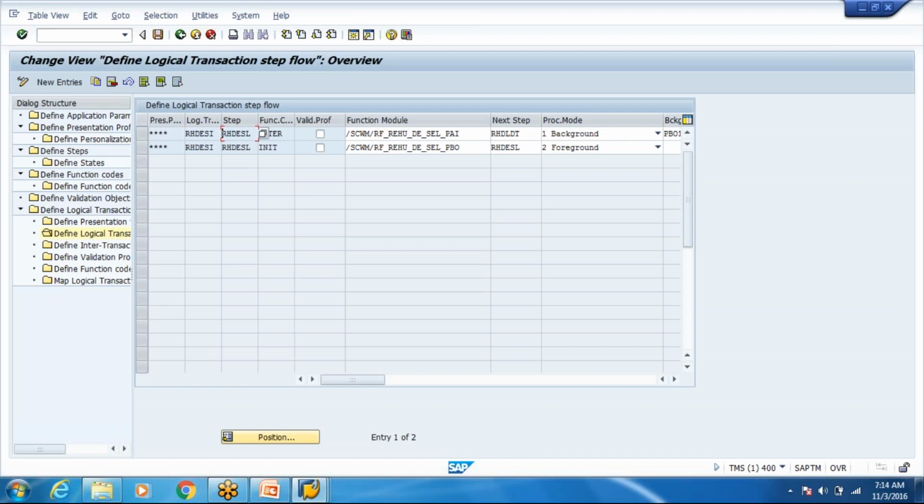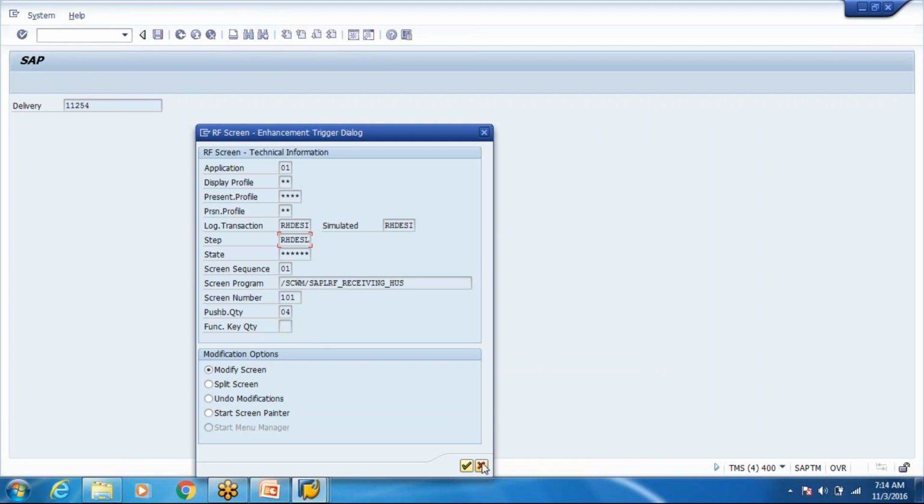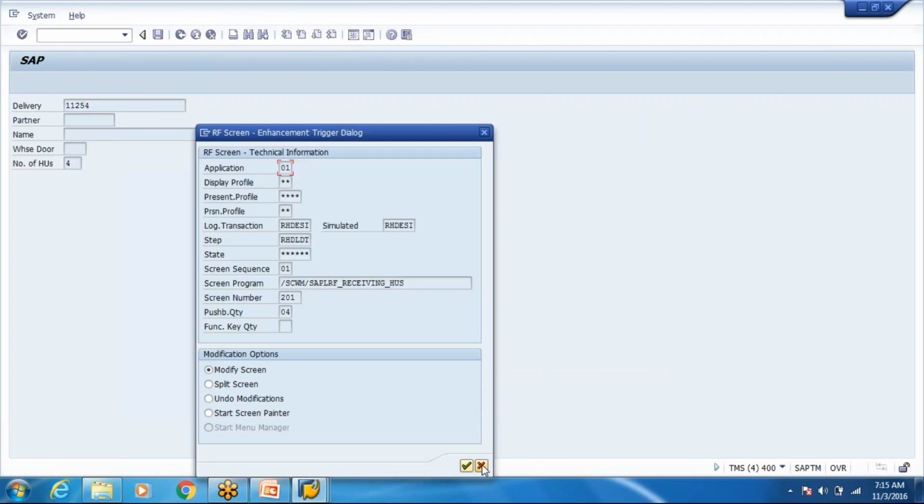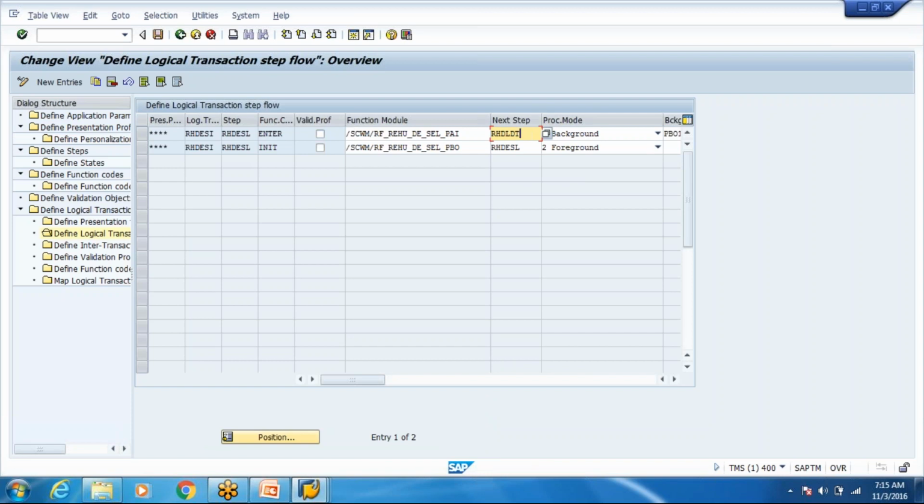Then in DESL you enter, it executes this function module, and then it goes to the next step if you press enter. If you see the next step, this is the next step because I pressed enter, RHDHDT. In that next step there will be a function module again, and in that function module we write all the program, what has to be done.